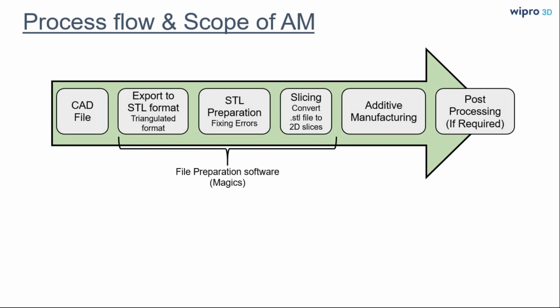So this is the process flow of a generic additive manufacturing process. Initially, you have a CAD file, which you generate using any modeling software like SolidWorks or CATIA or NX. Thereafter, this CAD file needs to be exported in an STL format, which is a triangle